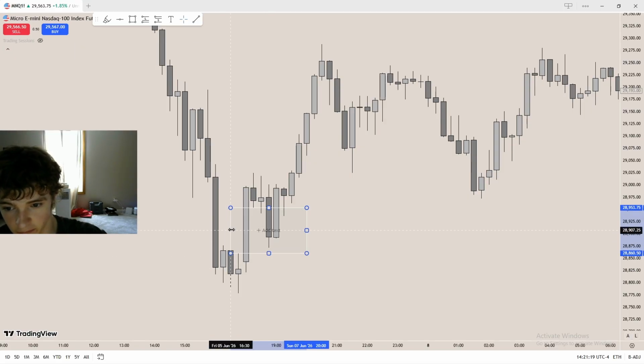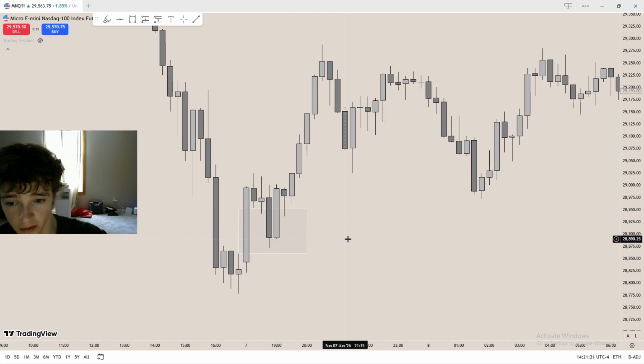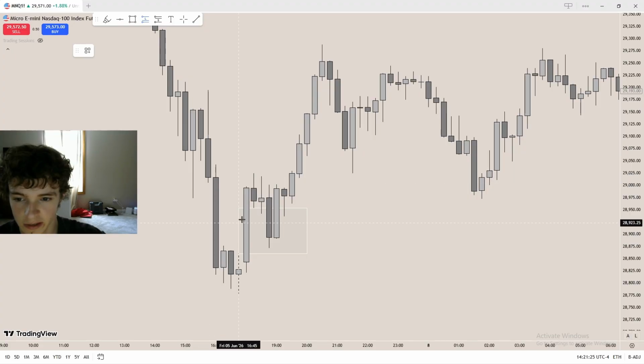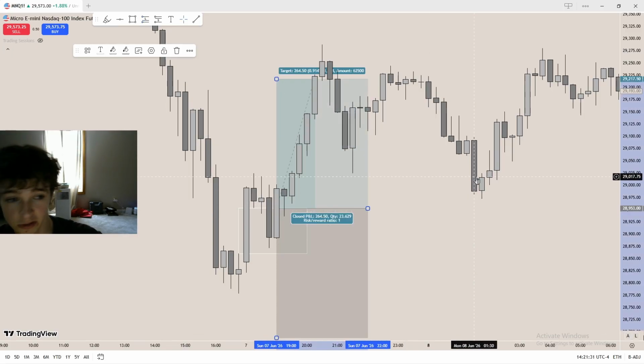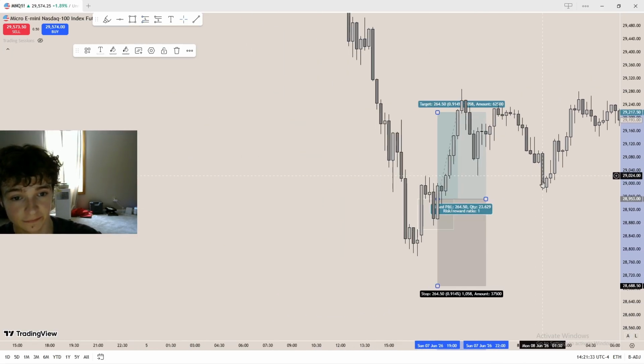This might be hard to follow. I'm so sorry, guys, but if you guys are following along, thank you. So we see price trickle into this. So we inverse this, meaning we're now going to shift into an uptrend, and we go back into this fair value gap, meaning we're going to get some good longing opportunities.